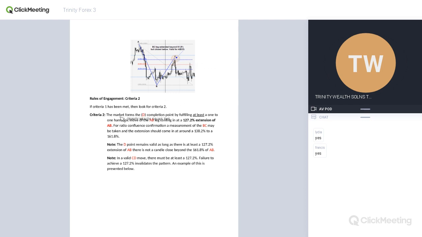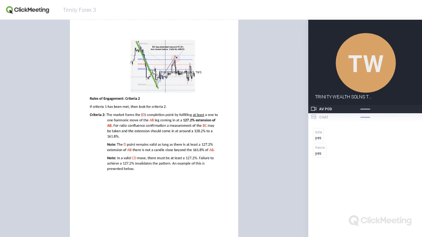So the second criteria: the market forms the D completion point by fulfilling at least a 1-to-1 harmonic move of the AB leg, coming in at 127.2% extension of AB. Remember, we actually did a sample of 1:1 coinciding. It was one of our examples of a point of confluence in yesterday's class. So we are saying once C is formed, we are looking for point D, and for point D to be valid, we expect AB